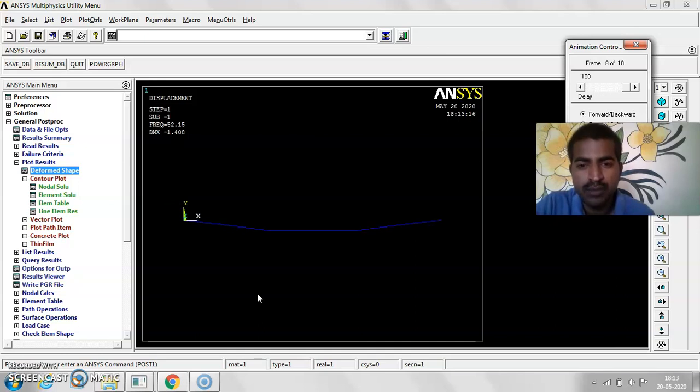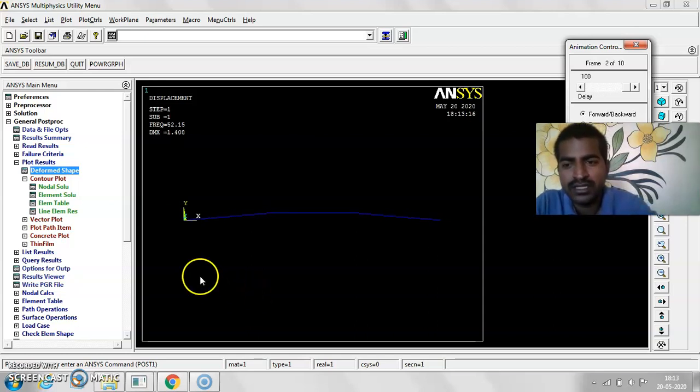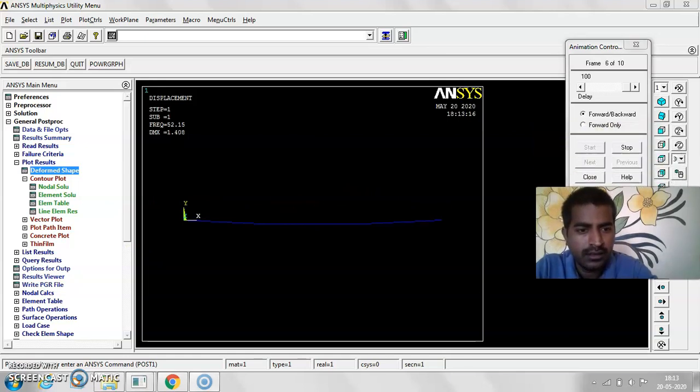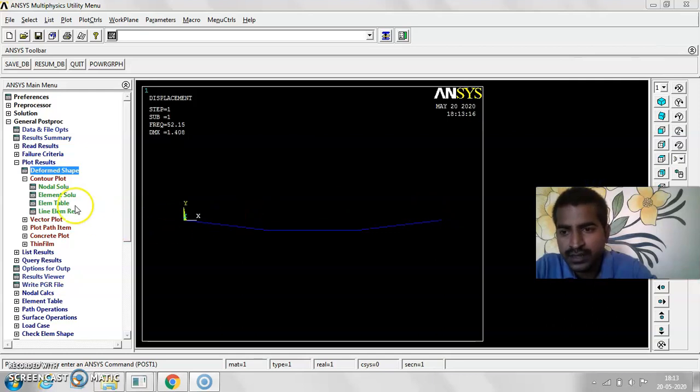This is the first mode shape, and in whirling of shafts also you can determine the mode shapes. In this way it deforms. So this is the first set. Okay, let us stop here. Let us close here, and let us see the next one.